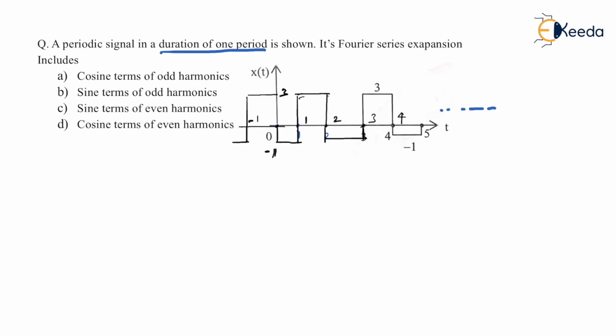So let's see. First of all, we will see whether it is an even signal or odd signal. By observation, we can understand it is neither even nor odd. We will see whether it has some hidden symmetry or not. Of course, it has some hidden symmetry, because if you shift this signal downward by one unit, then the maximum amplitude on the positive scale would be 2, and the maximum amplitude on the negative scale will become -2. So the signal structure would become like this.